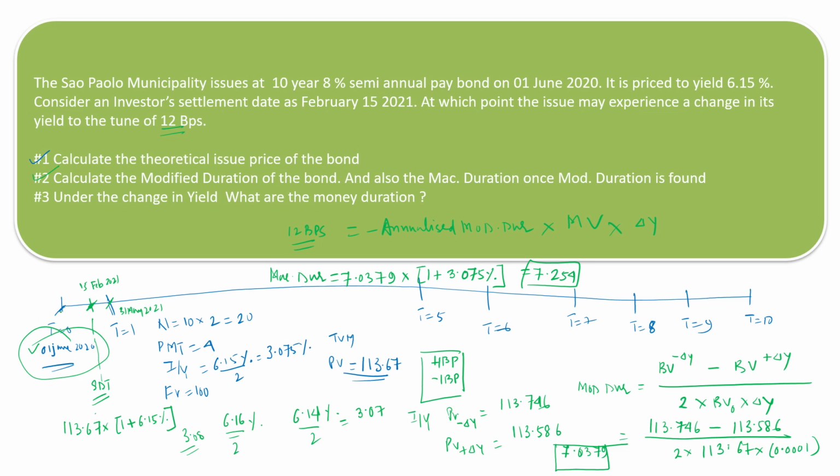So from June 1 till 15 February 2021, the time period comes out to be okay. So let's again, no problem. Let's do it on a traditional basis of semi-annual itself. That would also yield the same results. That doesn't quite matter really. So we will say this is 1 plus 3.075%, this to the power